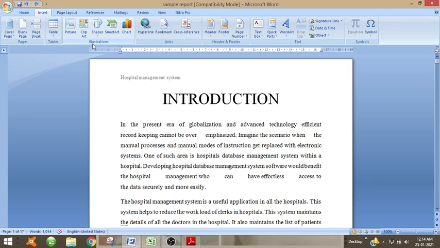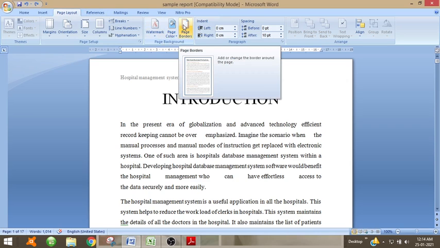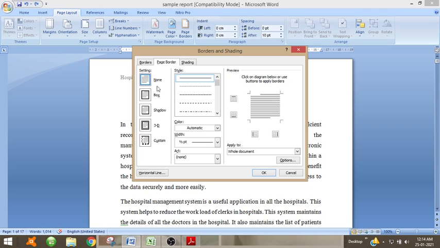Go to insert and you can go to page layout and you can see page background. So in the page background there is a page border, so you can give borders to your page.